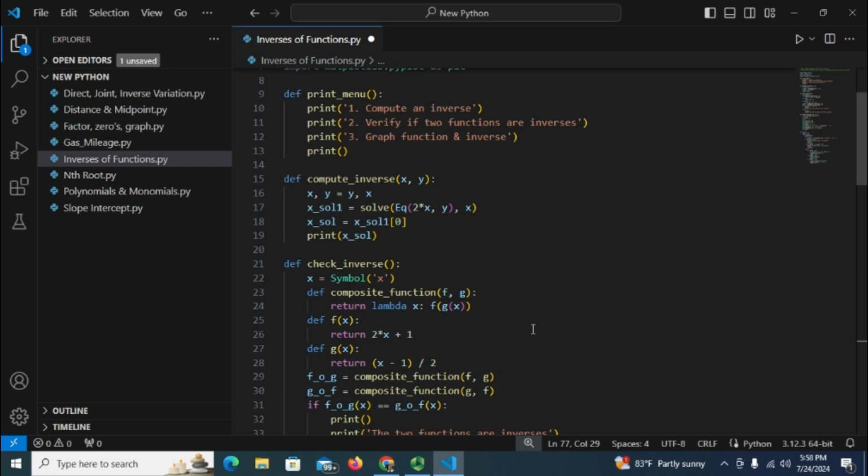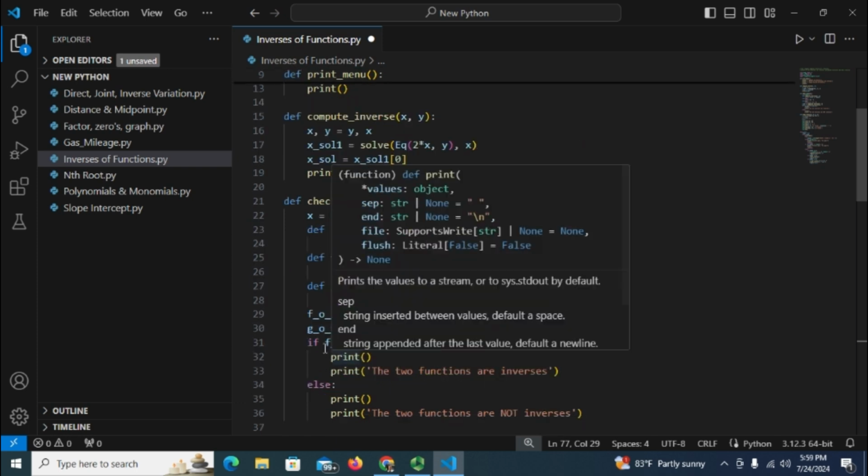And then we have the check inverse function. This one has a symbol x, and then we call a bunch of other functions. I made my composition of functions program earlier. I may show you that program in a minute. This computes only the composition of functions. So whatever that program was, I copied and pasted into here, but I did change this command